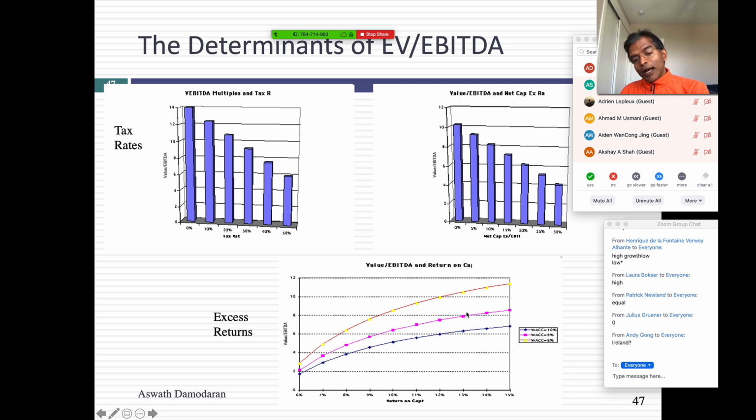And finally, I looked at what had happened to the EV to EBITDA if I kept my cost of capital fixed and increased my return on capital. No surprises here. As my return on capital goes up, my EV to EBITDA goes up. You see why this is useful? Let's say